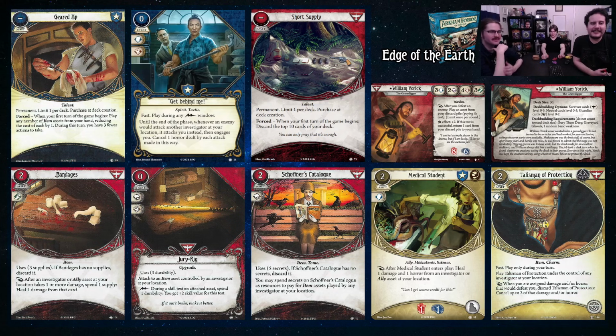Alright, we got Geared Up. When your first turn of the game begins, play any number of item assets from your hand, reducing the cost of each by 1. During this turn, you have 3 fewer actions to take. If you're a heavy item build, this could be something you can consider taking, and then mulligan hard to get 3 item assets in your hand. My jury's still out on Geared Up. I need to see it in action to see what I actually think of it. I think it's pretty niche still, but...